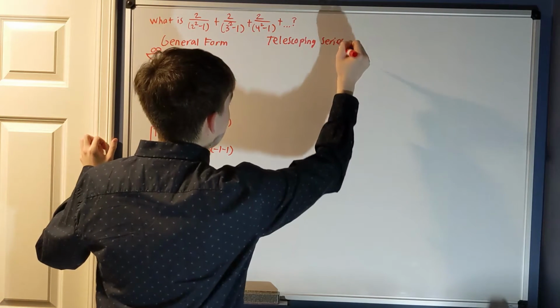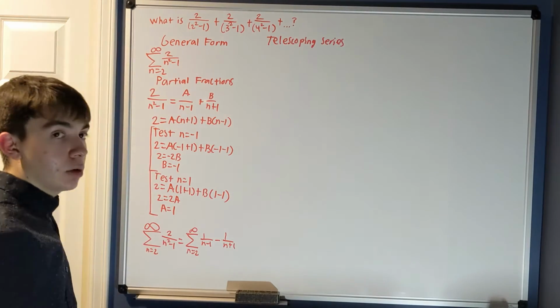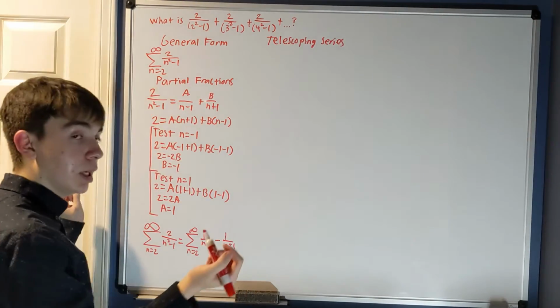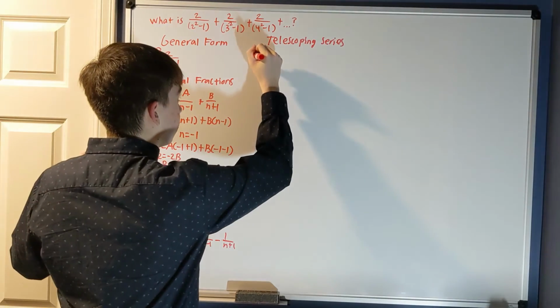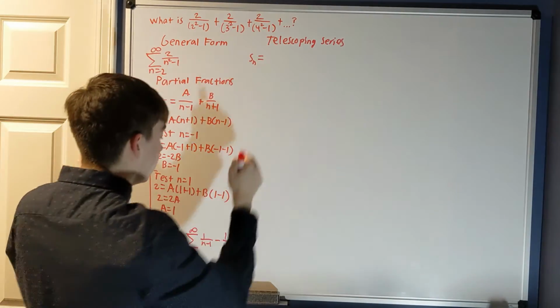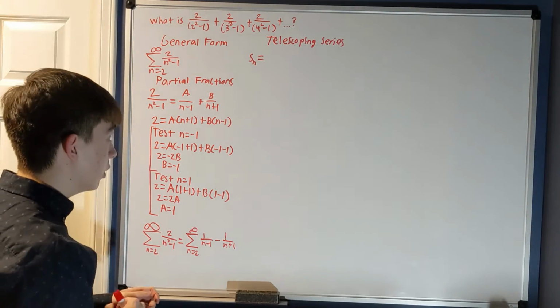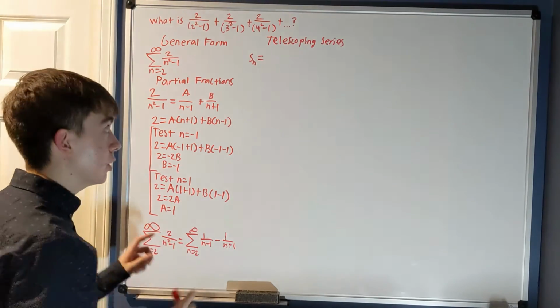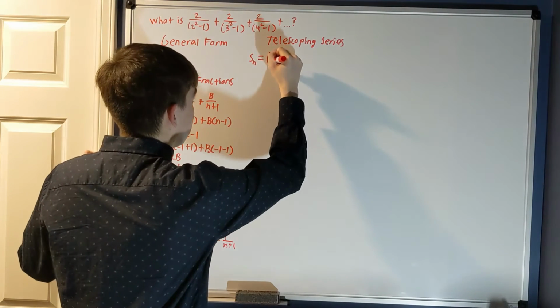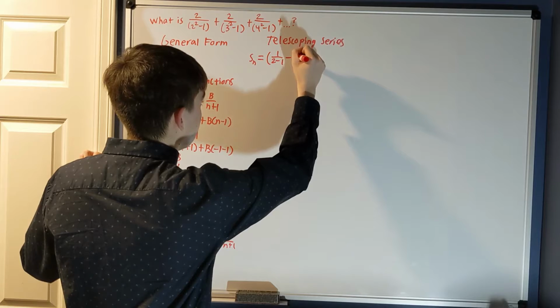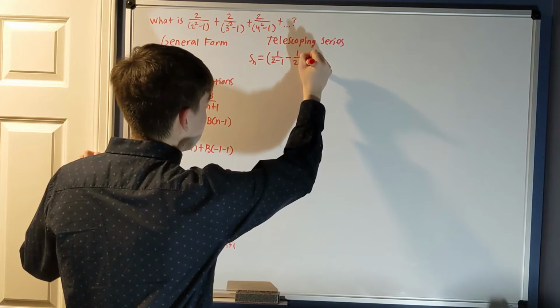What I mean is, and as we'll see, as I start writing out the terms, they will cancel out with one another. So to begin, let's find the summation just by plugging in the values to these terms. Let's start by plugging in n equals 2, where the series begins. So 1 over 2 minus 1 minus 1 over 2 plus 1